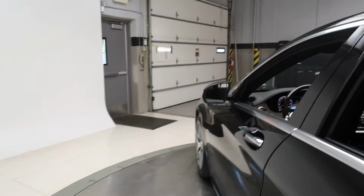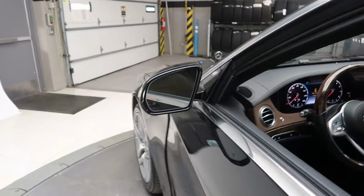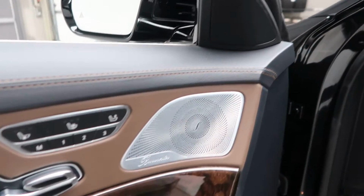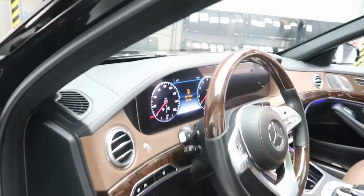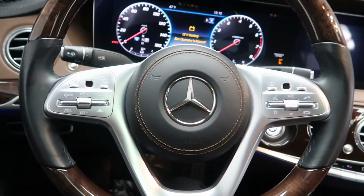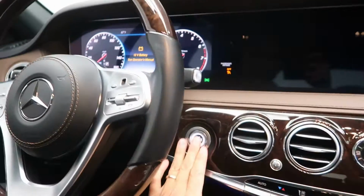premium one package with driver's assistance package, lane keep assist, Distronic Plus, Burmeister sound system, memory seats, ambient lighting, illuminated door sill, heated steering wheel, smartphone integration with Android Auto and Apple CarPlay, touchpad steering wheel controls, paddle shifters for extra performance, a push start ignition,